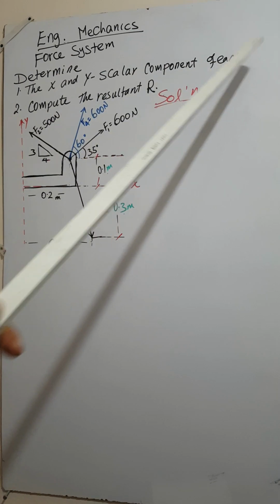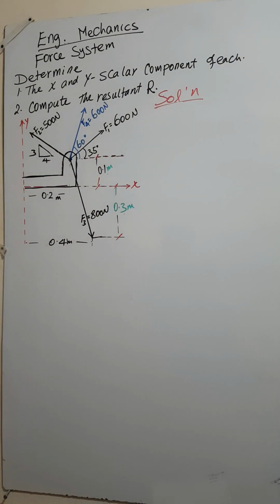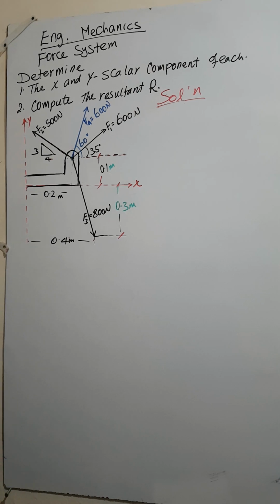አሁን የመጀመሪያው የኤክስ እና ዋይ component of each force ፈልጉ ነው የሚለው። አሁን እኛ here we have the y axis the x axis ጥያቄው ላይ ያለው ነገር ግን እኛ ምን ማድረግ አለብን? ሎካል ኤክስ እና ዋይ አክሲስ ፎርም ማድረግ አለብን። ፖይንት ኦፍ አፕሊኬሽኑ አንድ እስከሆነ ድረስ እዚሁ ጋር ኤክስ እና ዋይ አክሲስ ብንሰራ እንችላለን። ነገር ግን እያንዳንዱ ፎርስ ስለሆነ የምንፈልገው የእያንዳንዱን ፎርስ ኤክስ እና ዋይ ኮምፖነንት እንደሚከተለው እንፈልጋለን።